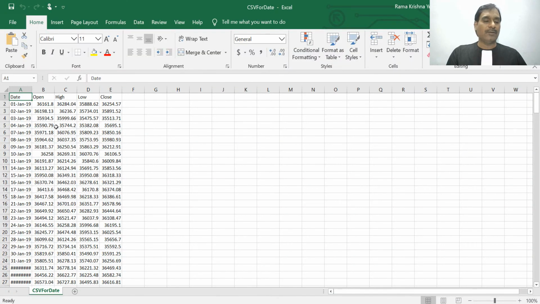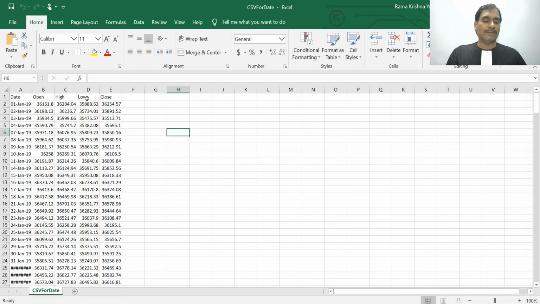Now as I was mentioning, here you have the data in a CSV file format. CSV is a comma separated value format. In this case, you may not be able to perform many of your statistical analyses in Excel. So it is better to convert the CSV file format into an Excel workbook.